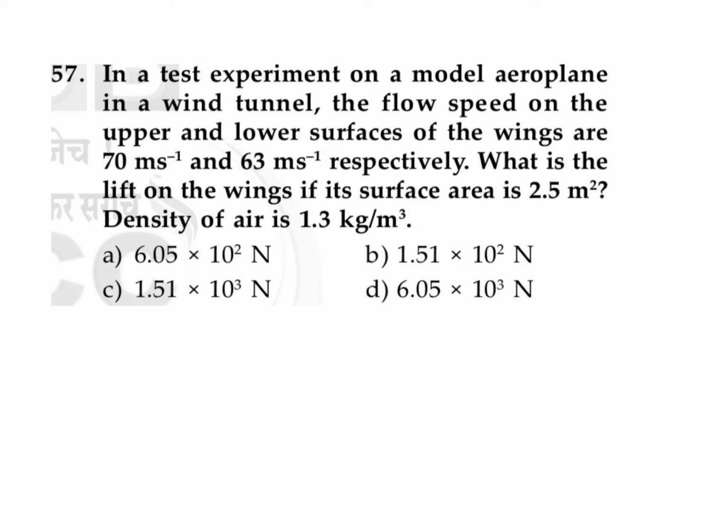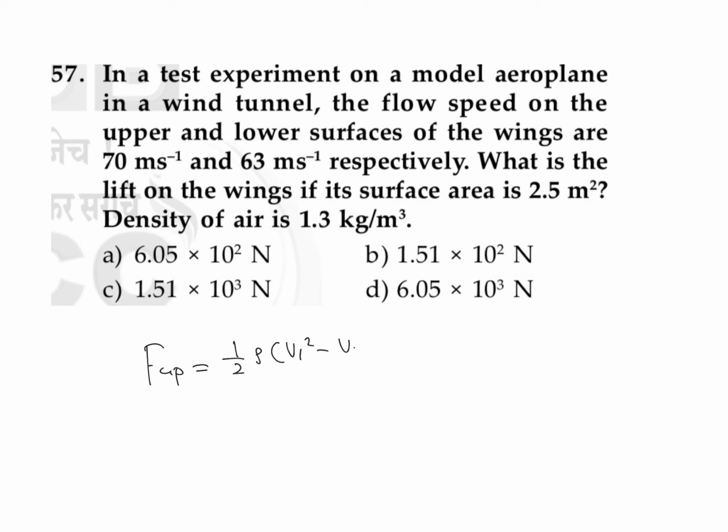In a test experiment on a model aeroplane in a wind tunnel, the flow speed on the upper and the lower surface of wings are 70 and 63 meter per second respectively. What is the lift on the wings if the surface area is 2.5 meter square and density of air is 1.3? So we know that the value of net uplift will be equal to nothing but half into rho into